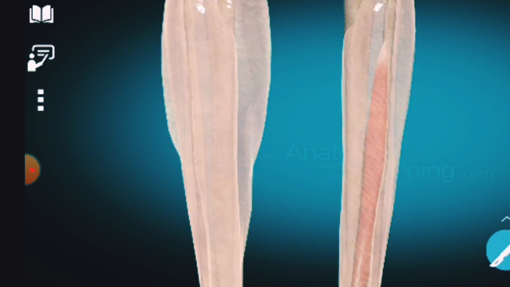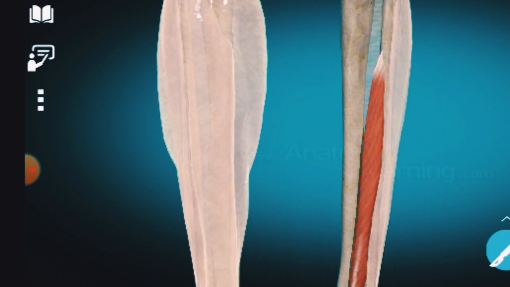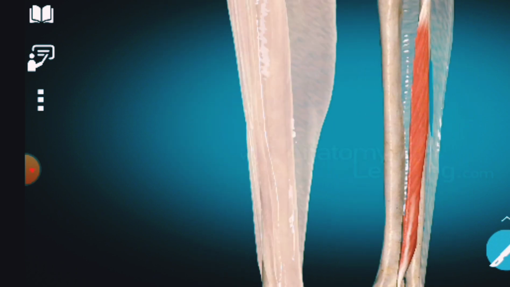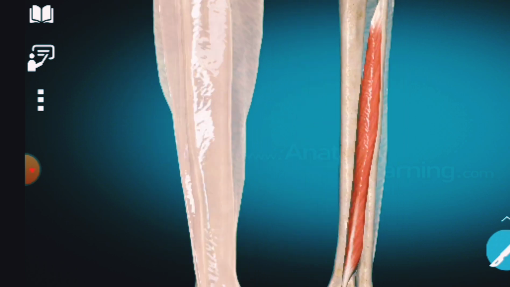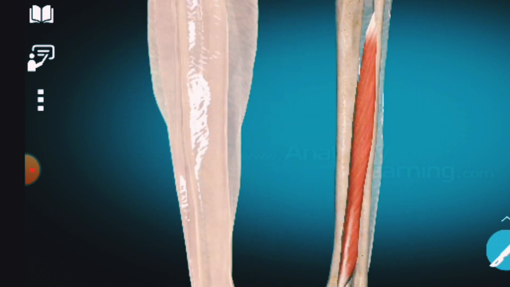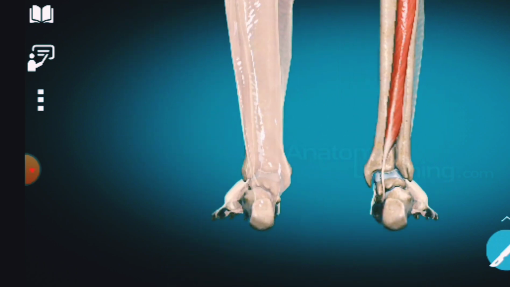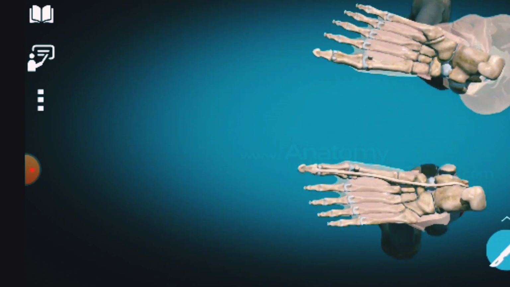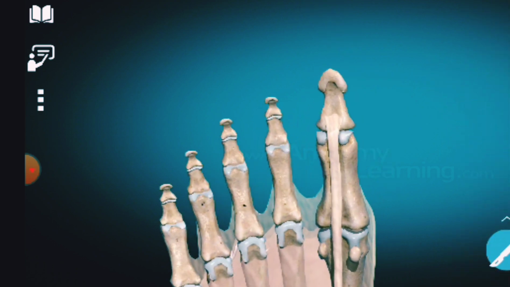When we remove this fascia, you can easily see the interosseous membrane there. It inserts into the plantar aspect of the base of the distal phalanx of the hallux,